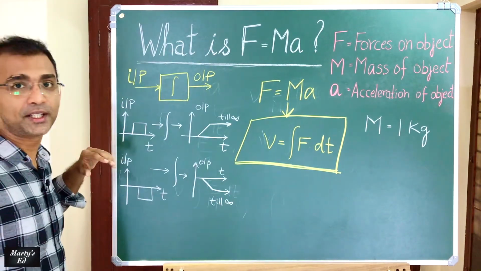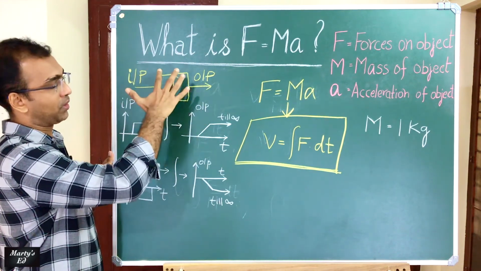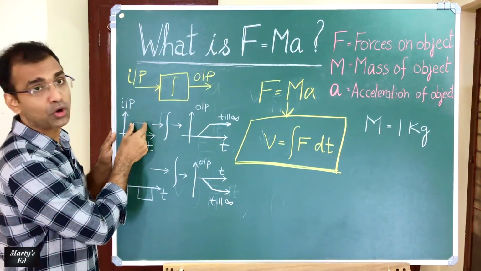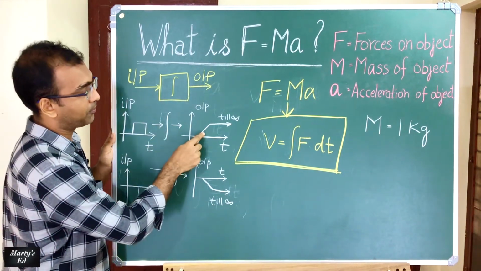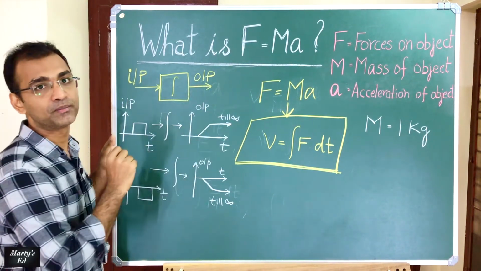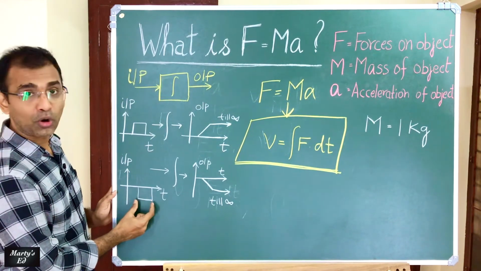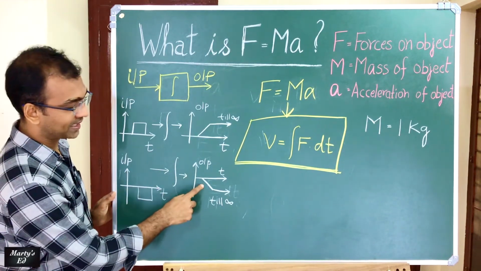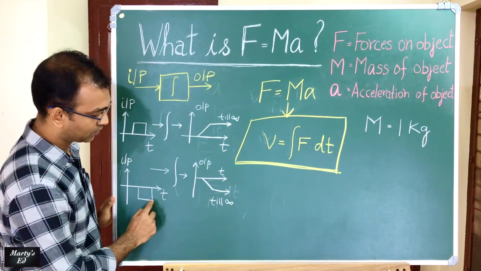What I have explained here is, this is the integration, so this is the input and this is the output. So what this means is that if our input is something like this, a positive constant value for some time, the integration of that is a positive ramp, and it will remain at that value till infinity. We'll take another type of input where it is a negative constant value for some time, then the integration of that will be something like this. It will be a negative ramp and it will remain at that value till infinity.